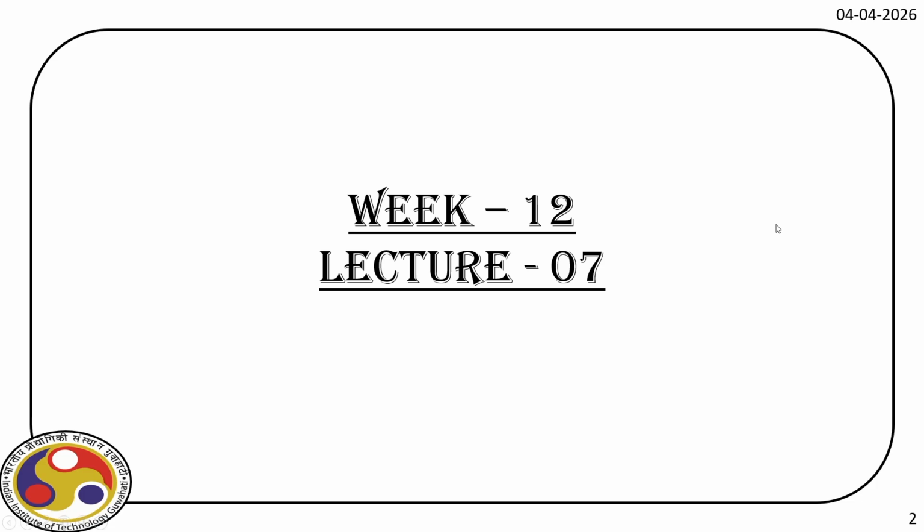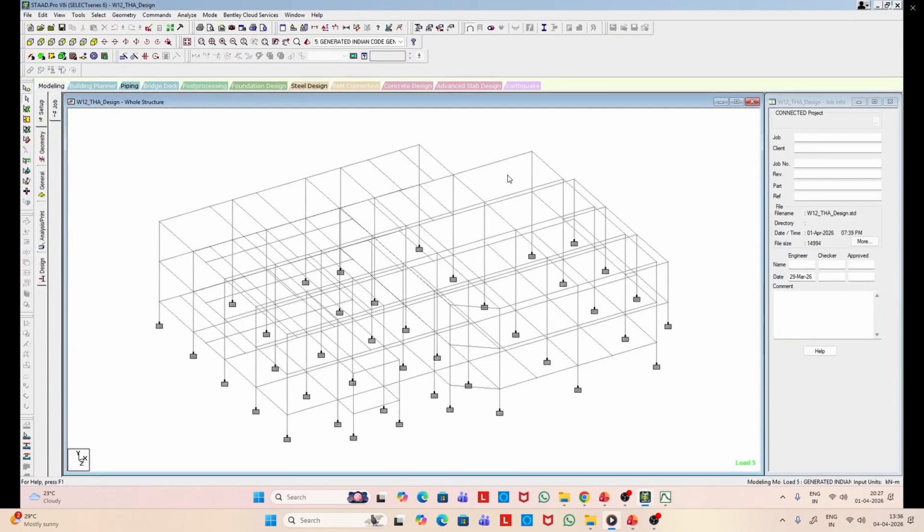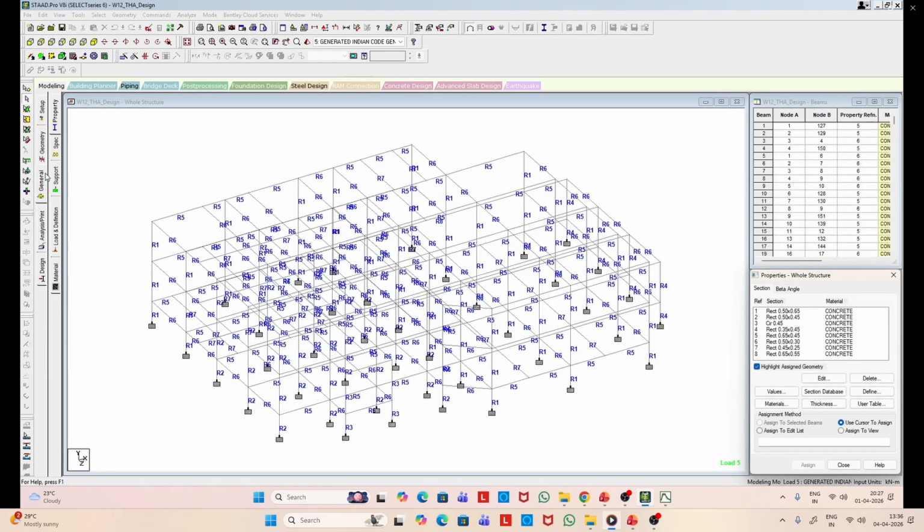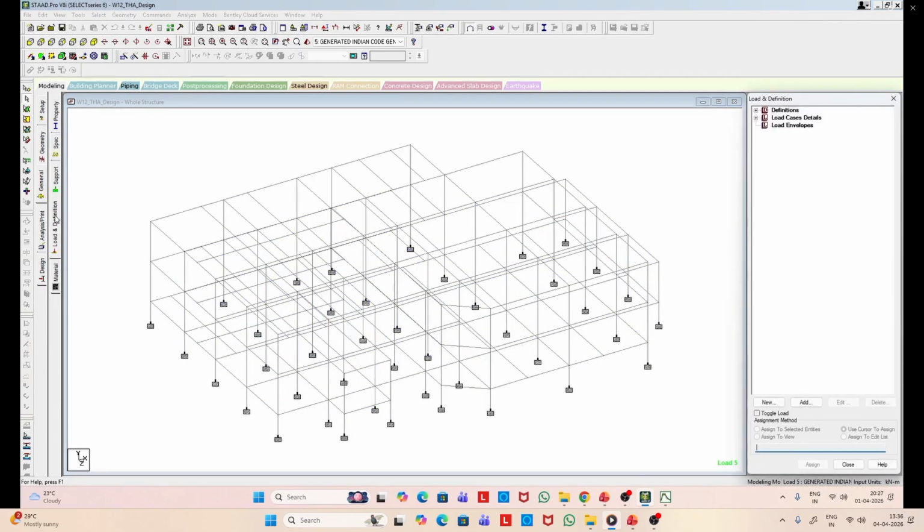Now in this lecture we are going to study the time history analysis of this structure where we apply ground motion. In fact, we have already studied response spectrum, and now you know the meaning of response spectrum. So what we'll do today, we'll apply a ground acceleration, and then we will solve the time history response. As you can see here, time history definition is there. So we'll solve for time history response.